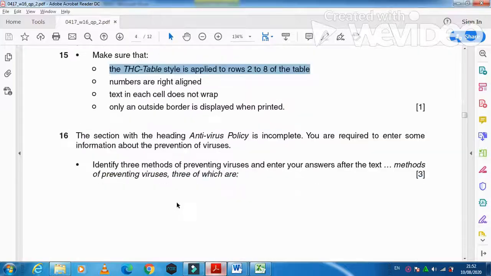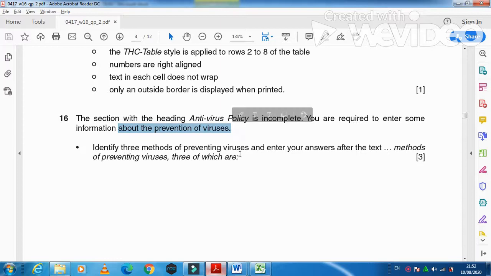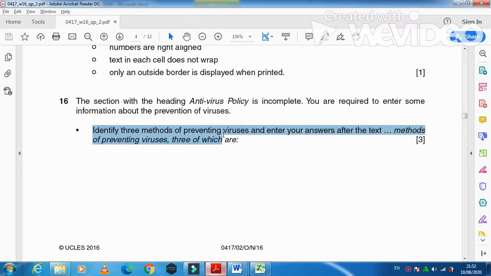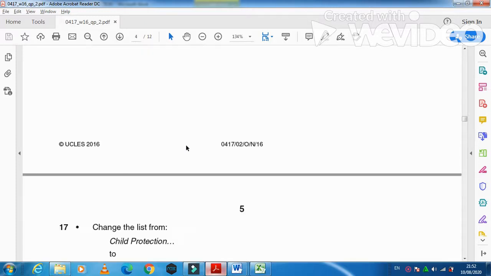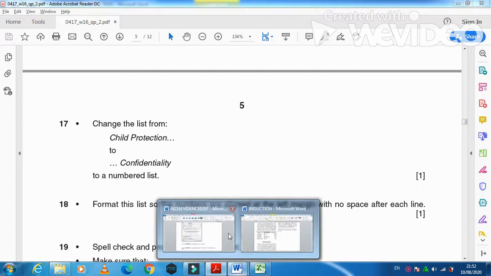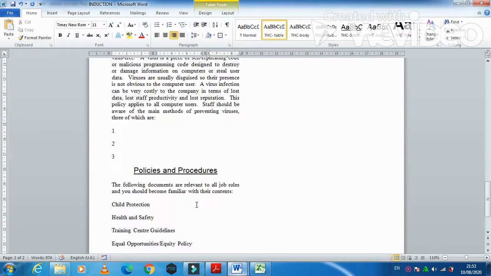And the next step is the section with the heading antivirus policy is incomplete. You are required to enter some information about the prevention of virus. Identify 3 methods of preventing virus and enter your answer after the text methods of preventing virus. So here is methods of preventing against the virus. So you can type here 3 methods. So I'm just going to type here to make sure